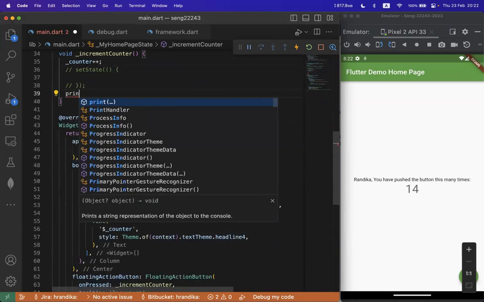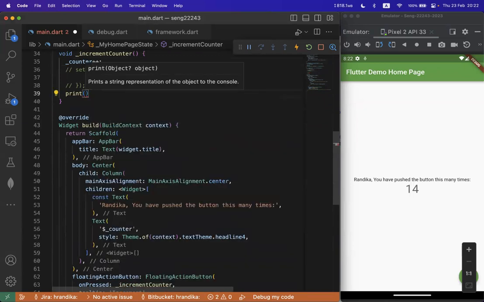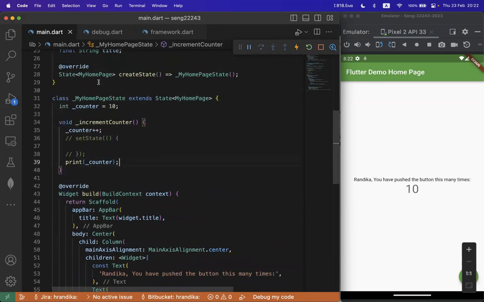I will say print underscore counter, right? Okay, what we have done is we are incrementing the counter when we are pressing it, but we are not calling it in the set state, but we are incrementing it and we are printing it. To see the debug console,